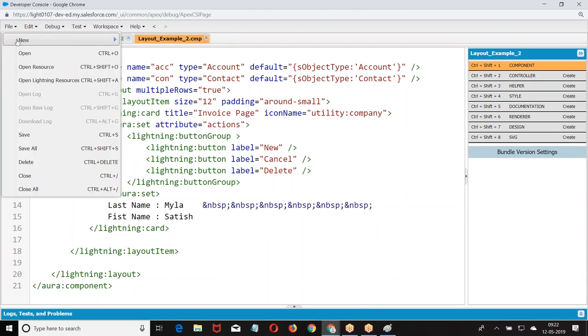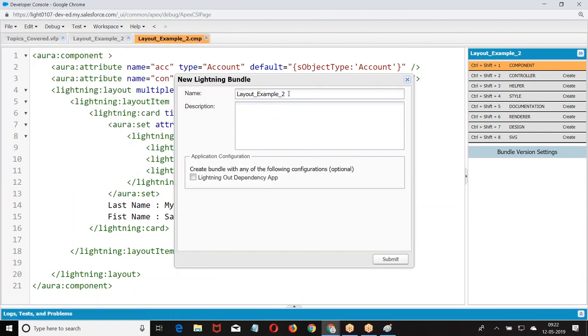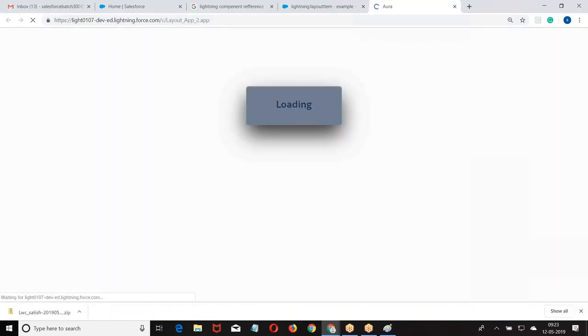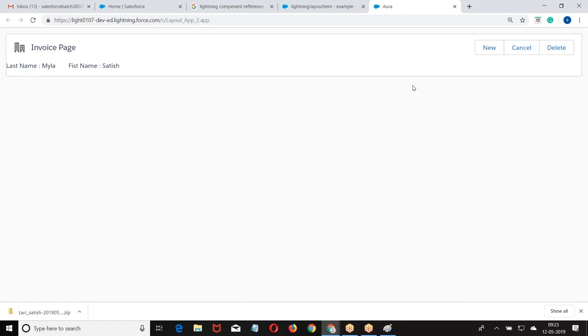Then go back to the preview. Some structure again.